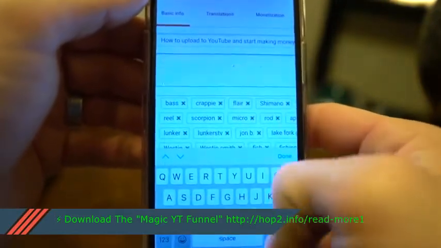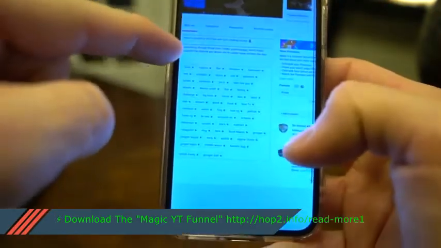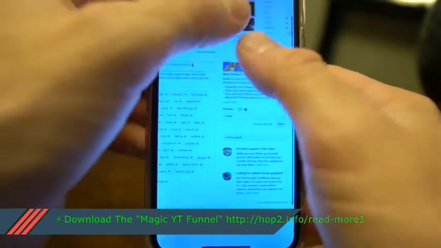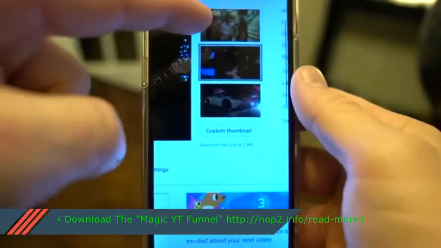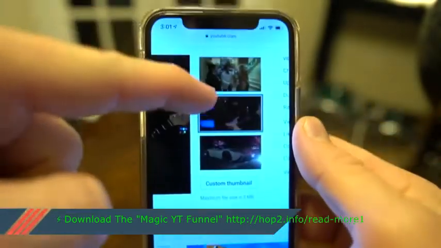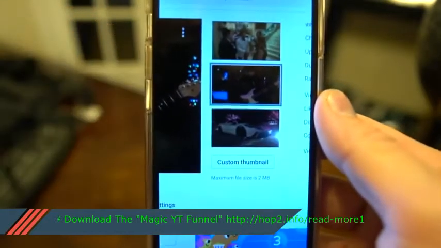Now it's pasted on here. So here's my description. Title, description is now finished. Now let's come over here to thumbnail. It's going to generate you 3 options for thumbnails right off the bat, but it also gives you the ability